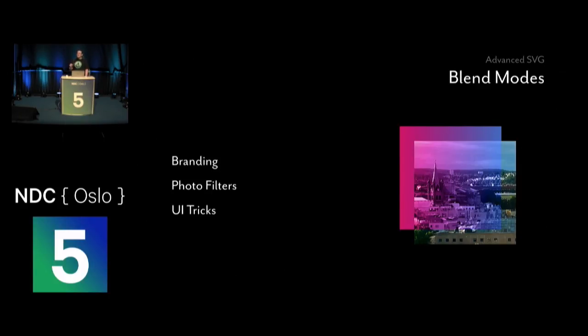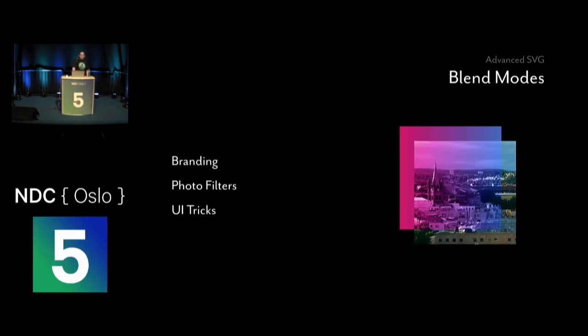One place that they could improve, though, is they can add some blend modes, and what that would mean for them is they could actually use pictures of, let's say, the spectrum here, and overlay their gradients. Because the gradient is such a key part of NDC's branding, this is a way of being able to swap out the underlying image without having to send it over to your graphic designers and have them slice up another Photoshop picture for you. So you can take any photo, apply a color blend mode to it, and in this case, it'll give you a really nice